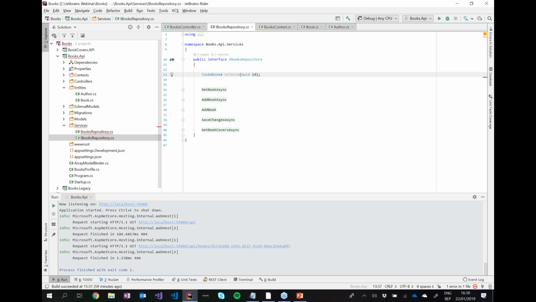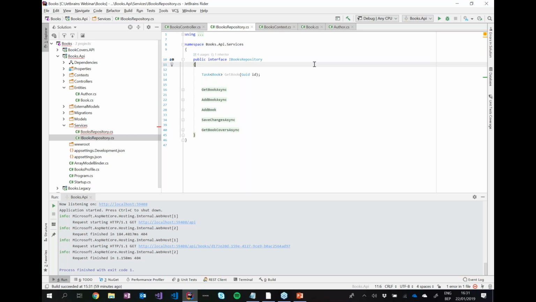The first thing we notice is that we always return a task of a type, in this case a Task of Book. But what we have to talk about immediately is the naming. Should we use GetBook or something else? You can see below, GetBookAsync. It's not a rule set in stone, but the Microsoft guidelines advise that for public methods, which depends on the implementation, of course, because this is just a contract,